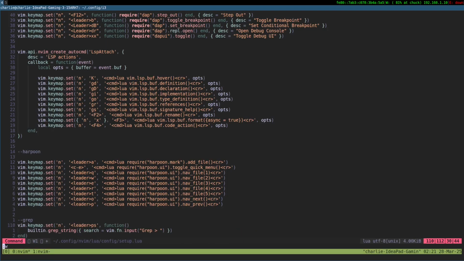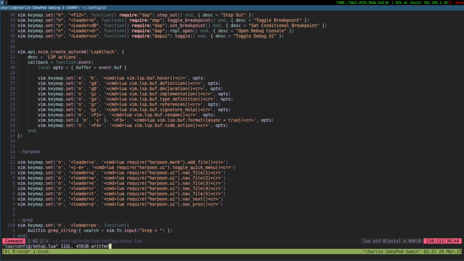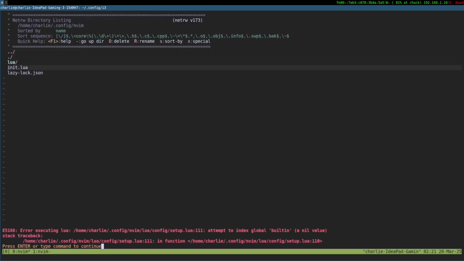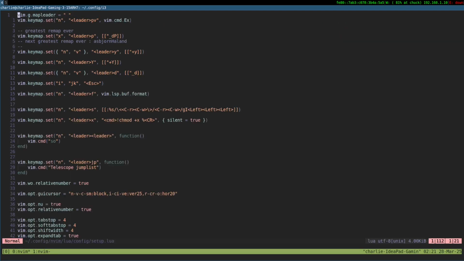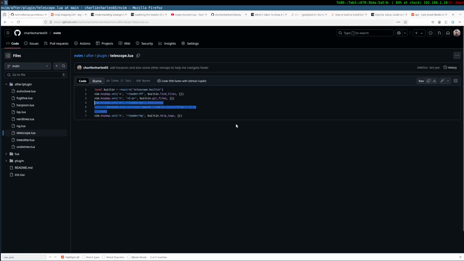Leader P. Okay, attempt to index global builtin, nil. Function string, source no file. Why no file? Okay, did I do something? Oh, builtin is like require telescope builtin. Do I have telescope with me? I guess I do.